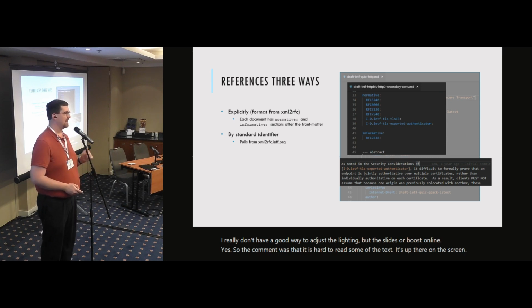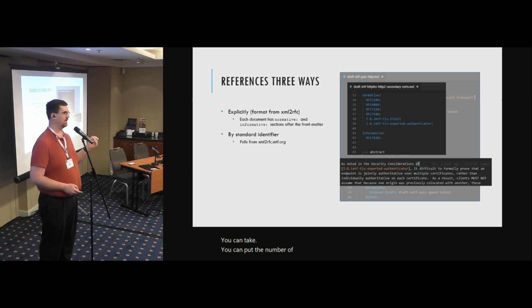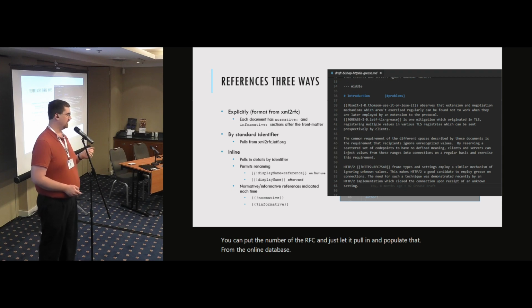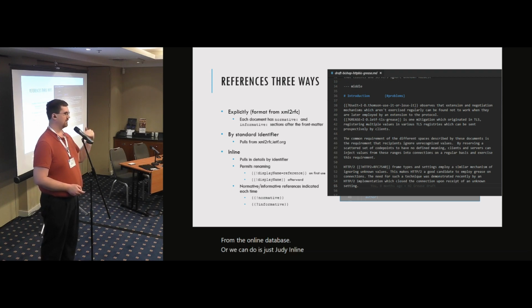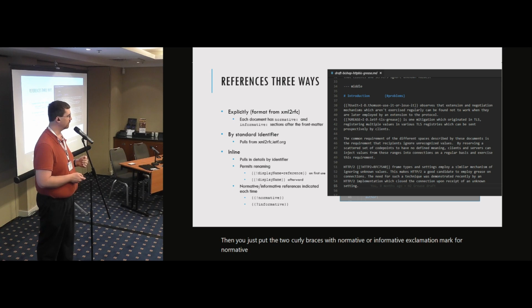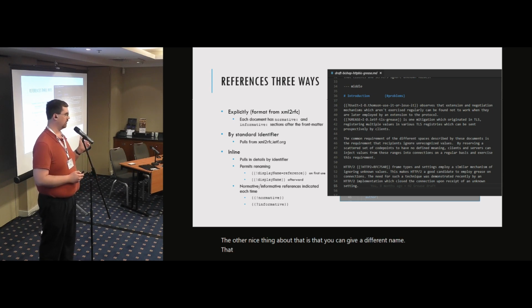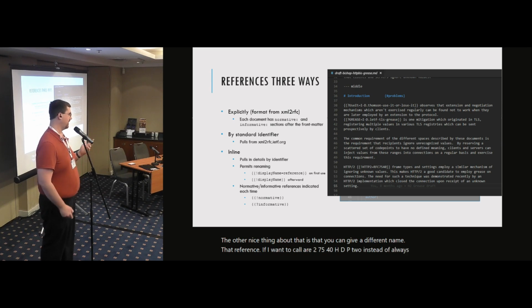So you can put the number of the RFC and just let it pull in and populate that from the online database. Or what you can do is just do the inline references and not even mention anything up front, but when you need to make a reference to a document, then you just put the 2 curly braces with normative or informative, exclamation mark for a normative, question mark for an informative reference. The other nice thing about that is that you can give a different name to that reference. So if I want to call RFC 7540 HTTP2 instead of always referencing by number,